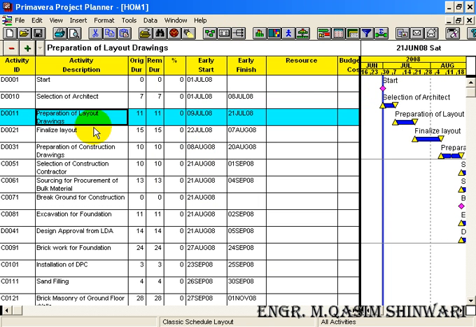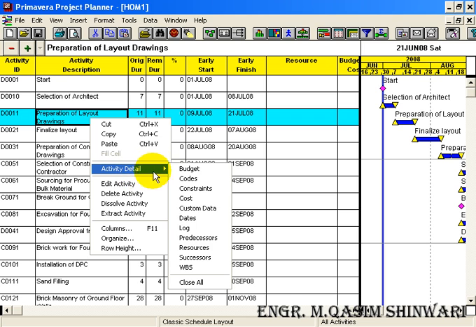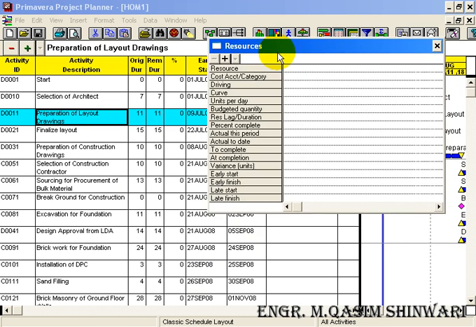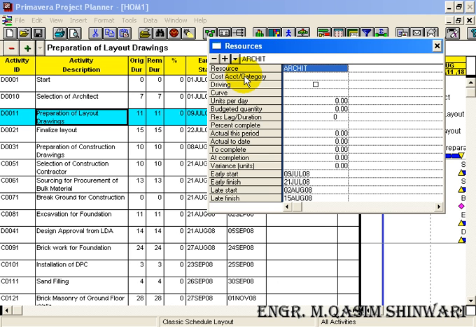The other way is just to right click on a specific activity, go to activity detail and here resources. So here we are going to add the resources. To add the resources, either click on this add icon or just click here. So here the resource we are going to add is first of all architect. So here click down architect